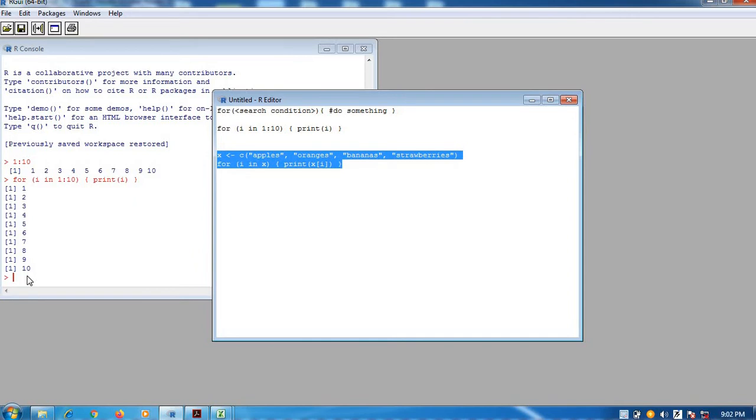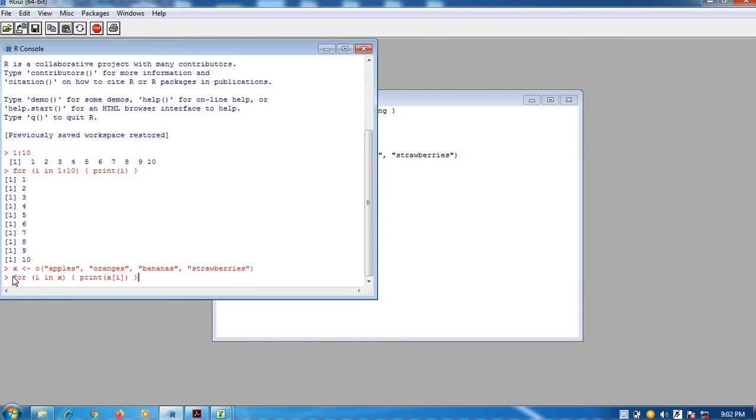Now what output do you expect? See, the first line is okay, that's why no error. Now I am printing X of I. X has apples, oranges, bananas and strawberries. With I in X and print X of I, what output are you expecting?